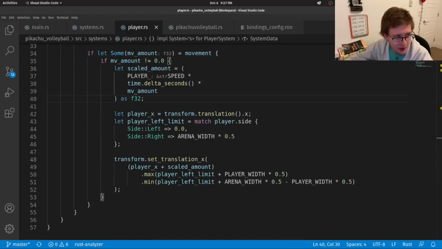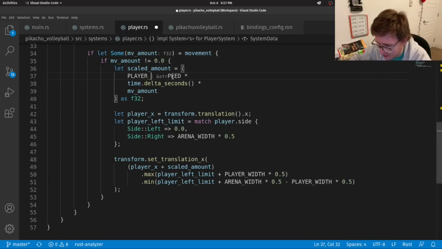So what are we doing here? As I mentioned, we're using this player. Oh, what is this? That might be a Rust analyzer error, or am I missing something?